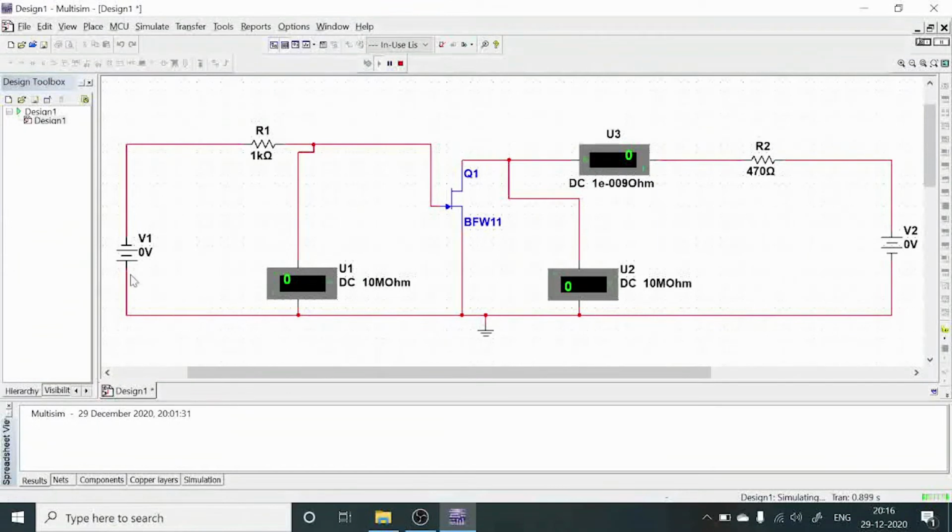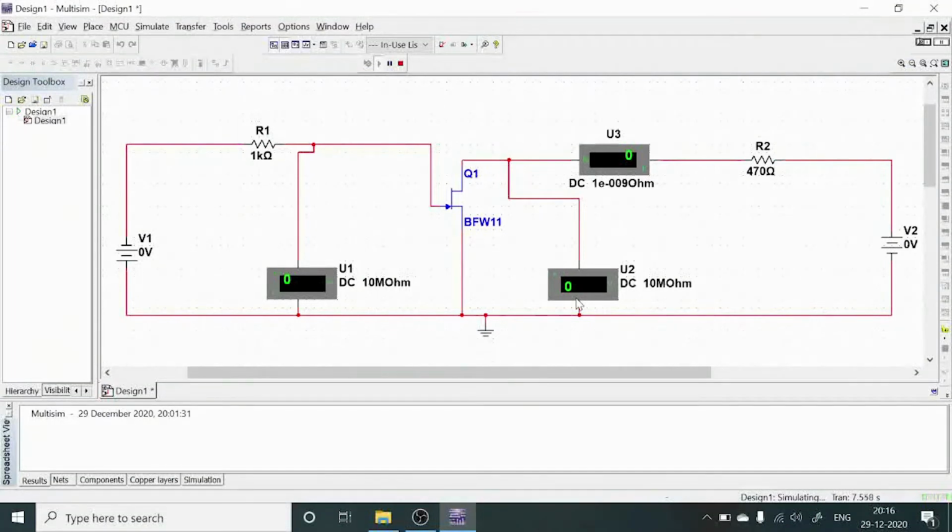Now you can observe the VGS we maintained as 0 volts. For drain characteristics, your gate to source voltage is constant. So here we are keeping that gate to source voltage constant. Then by varying this drain biasing voltage, we need to note down the drain current as well as the drain to source voltage. Initially for 0 volts, your drain current is 0 and the drain to source voltage is also 0.